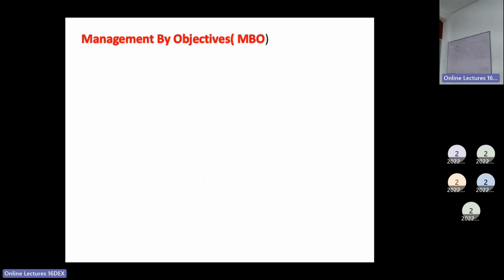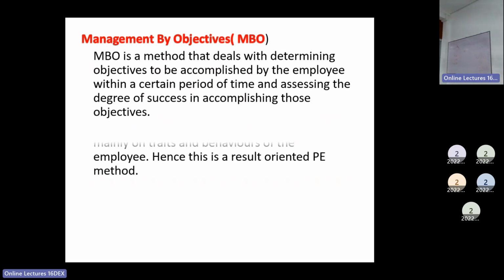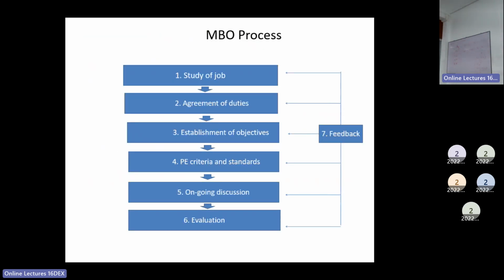Right, management by objectives. This is one of the sophisticated methods. It is a very good method, especially used to measure the level of performance of manager-level employees. In this method, there are several steps to be followed. It is somewhat complex and takes time, but it is a very good method. The first step is to study the job. For example, suppose that you are supposed to